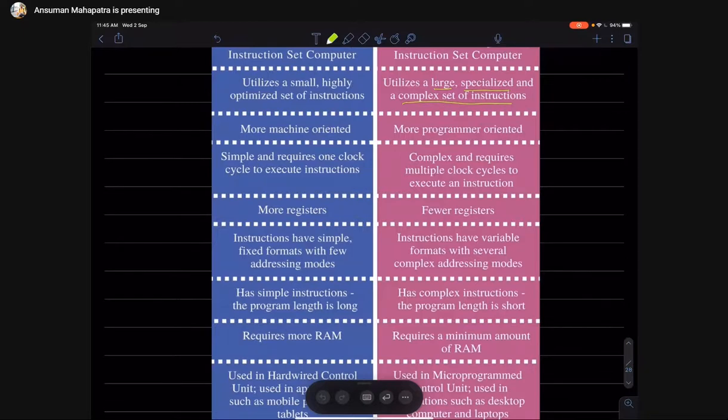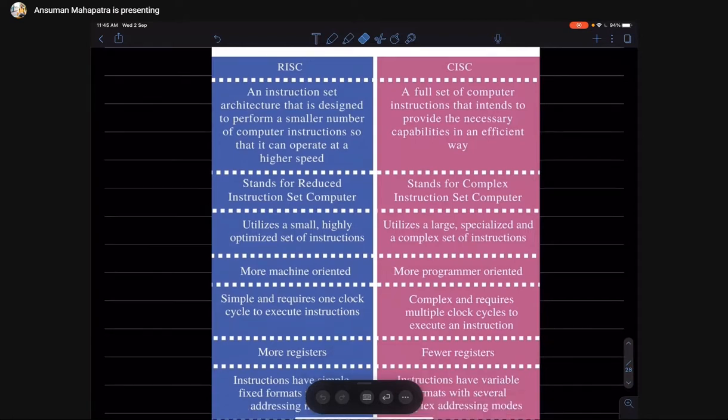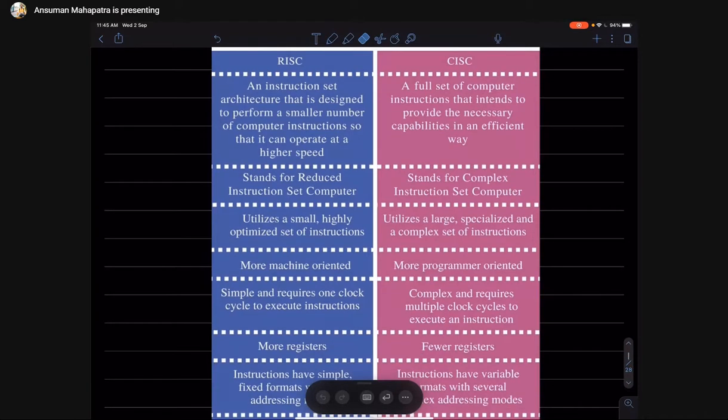Then what is the advantage of CISC? You must be thinking CISC is very complex, so what is its advantage? For a programmer using a CISC computer, you have to write less code, but in the case of RISC, you have to write lots of code. So that is the advantage. From the programmer's perspective, CISC is better, but if you are using all the types of pipelining, RISC is better.